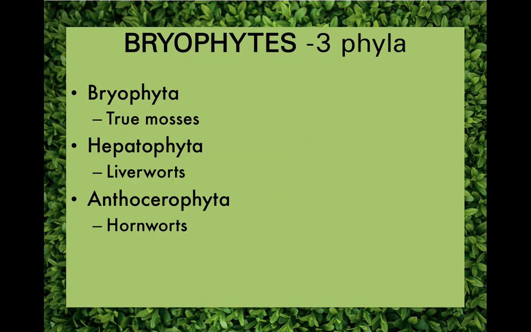So these are our 3 phyla of bryophytes. As I said, the Bryophyta are the true mosses. Are there false mosses? Well, there are things that are called mosses that aren't really mosses, like Spanish moss that you see a little bit further south than here. It's not really a moss. And Irish moss is actually a brown alga. And there are other things that are called mosses that are not really mosses, but the true mosses are